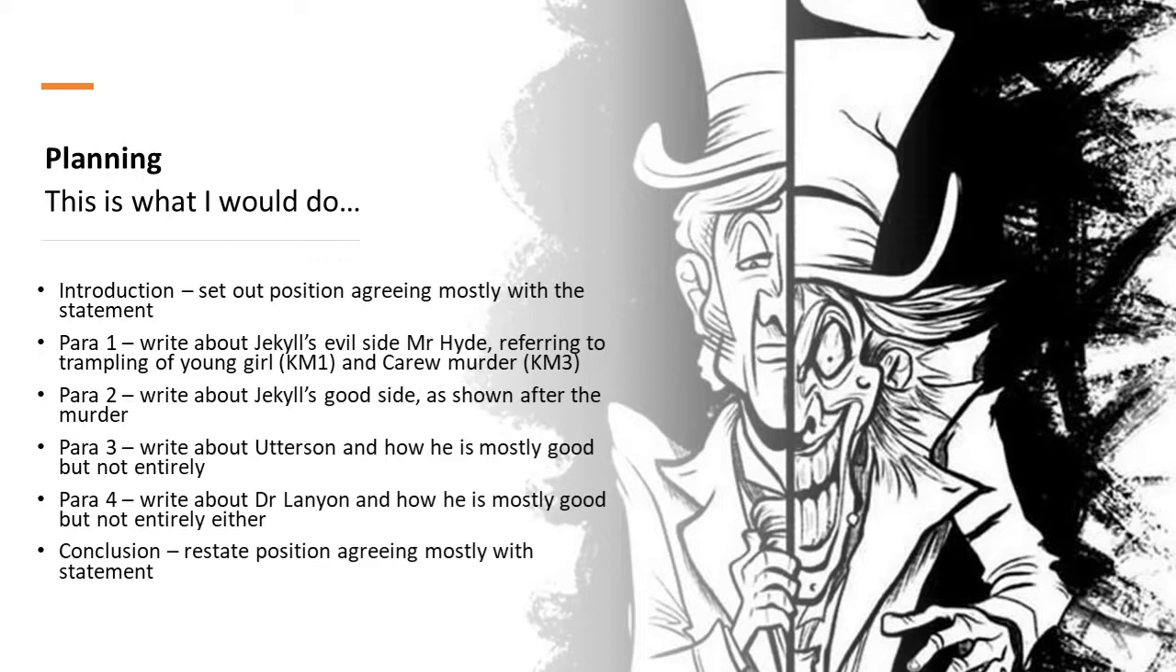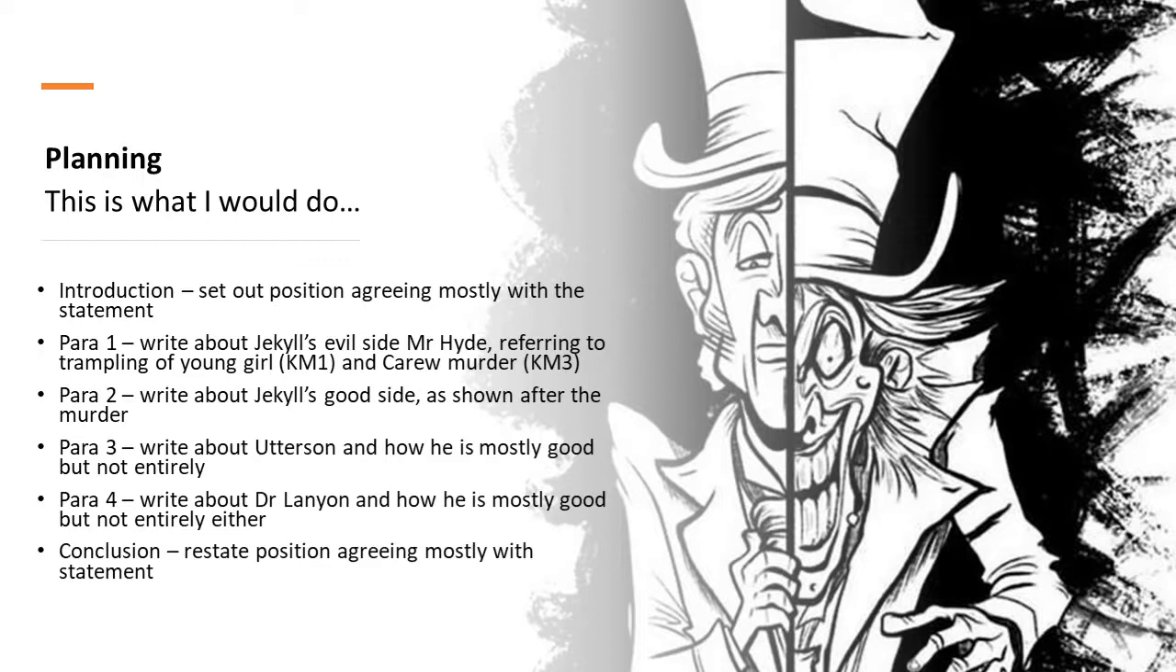Then in paragraph 2, I would write about Jekyll's good side, as shown after the murder, and I may reference other quotes throughout the novel talking about how he is good as well as evil. Paragraph 3, I would write about Utterson and how he is mostly good but not entirely. So I would focus primarily on the introduction to Utterson in chapter 1 and talk about how mostly he is presented as the epitome of the Victorian gentleman and very moral, but then he does have wondering almost with envy at the high spirits involved in their misdeeds, and other quotes which show that there are hints that he has